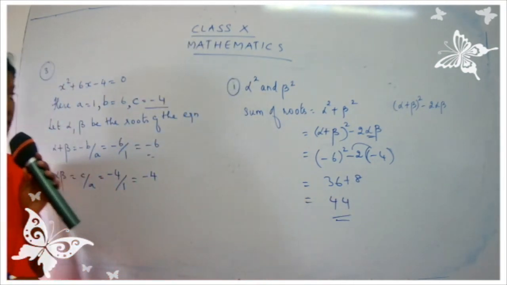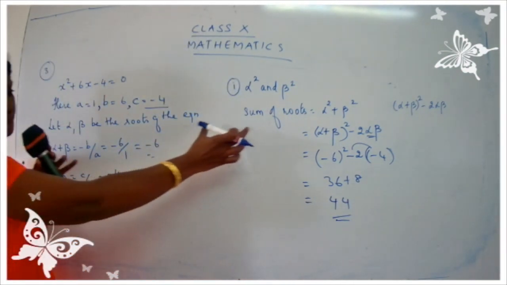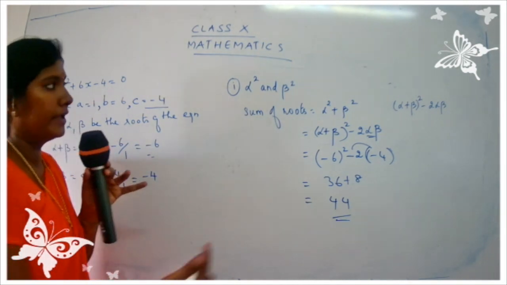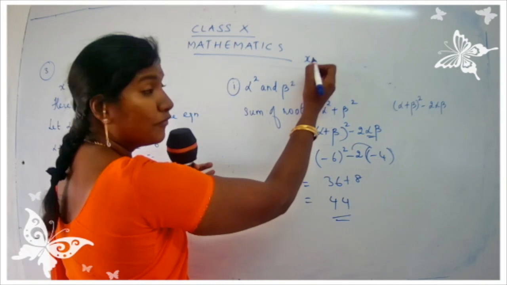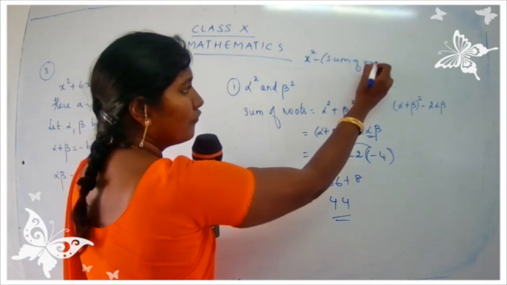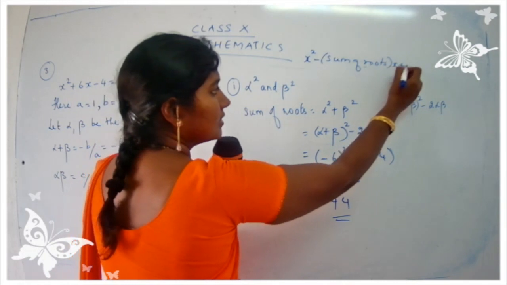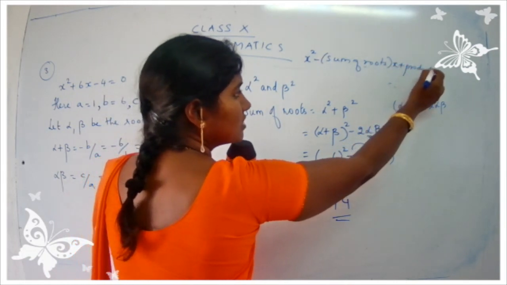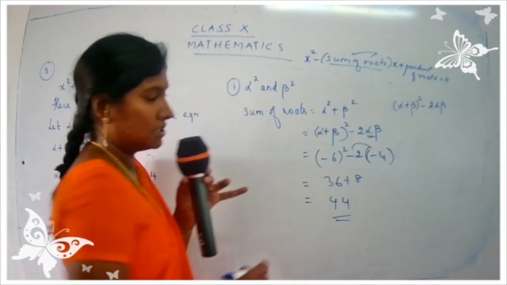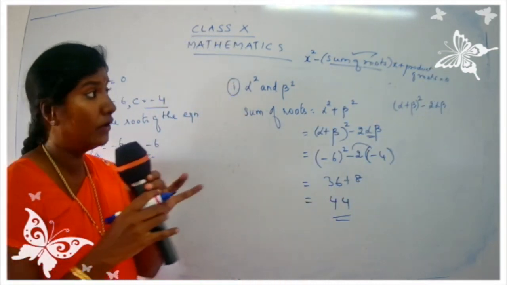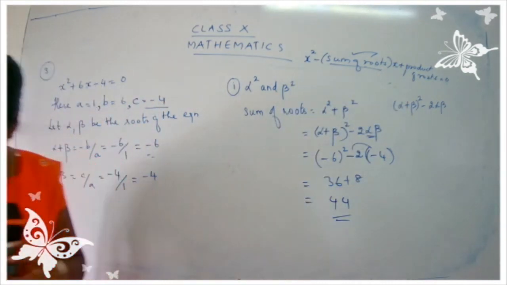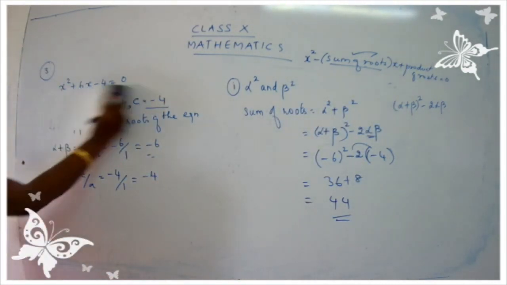So we have found the first part. That is sum of roots. Actually the question is to form a quadratic equation. So you know what is the general form of a quadratic equation. X square minus sum of roots the whole x plus product of roots is equal to 0. So we have found sum of roots. Now what we have to find out? We have to find product of roots. Let's follow it. I'll rub out this part, children.